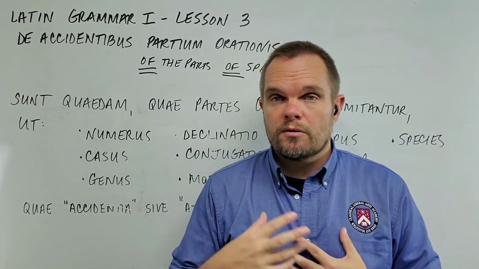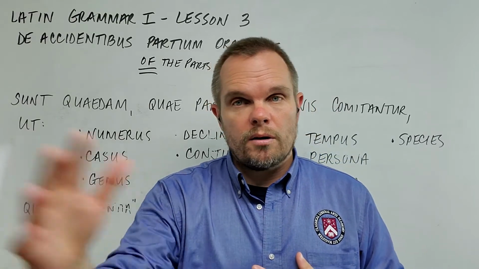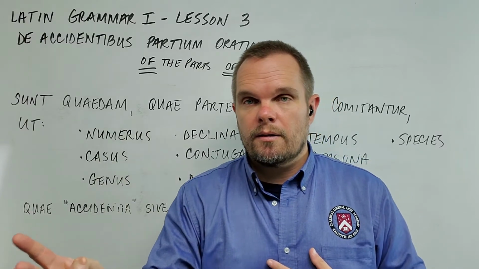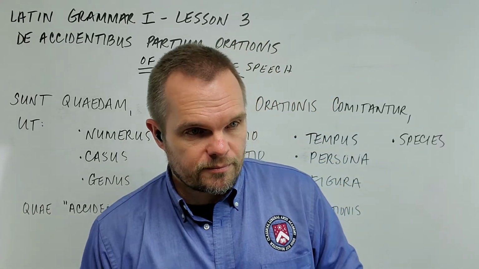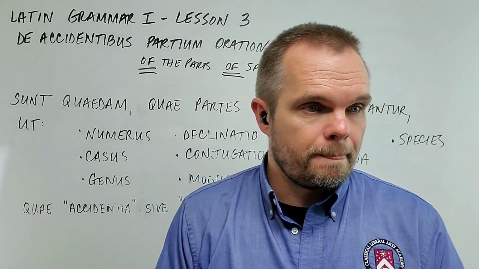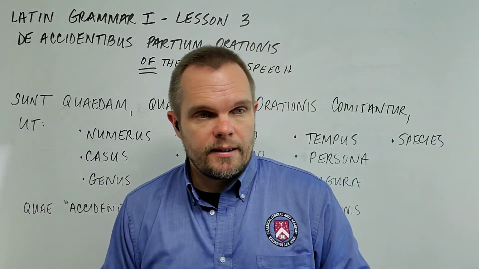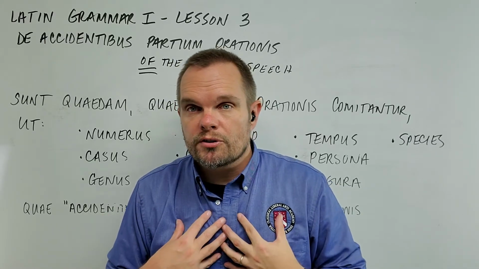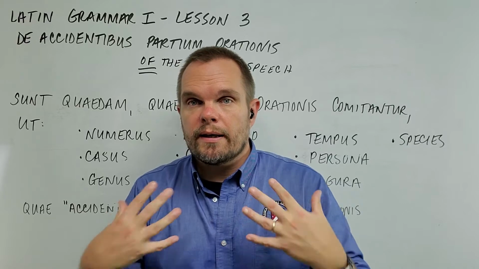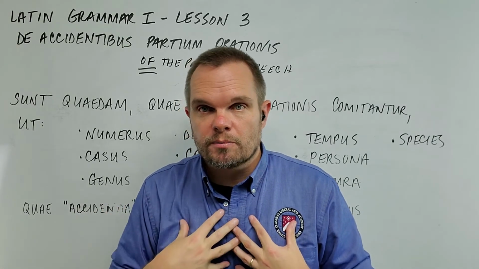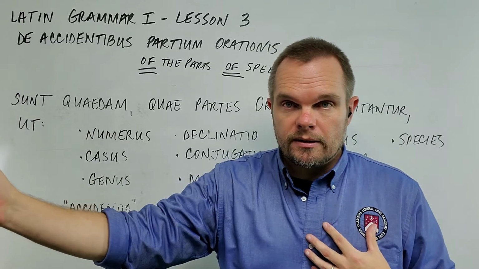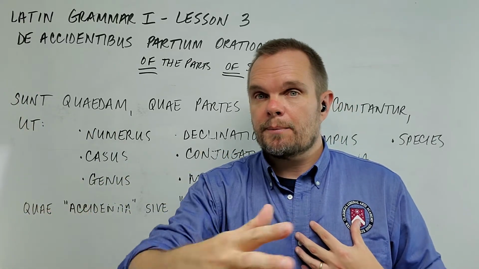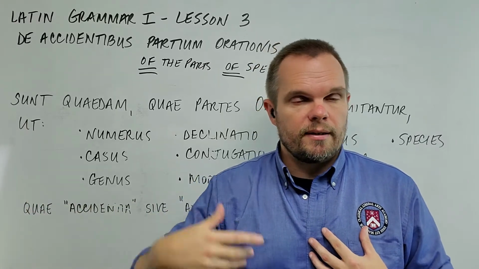Ego is first person, tu is second person. All of the other pronouns are third person except for ipse and qui, because they can be any of the 3 persons. I hope that's clear. And then it says sic in plurali, so also in the plural, and it gives plural examples. Nos means we, ipsi, we ourselves. Ipsi would be first person. Vos means you all. Vos ipsi, you all yourselves. There, ipsi would be second person, and so on.